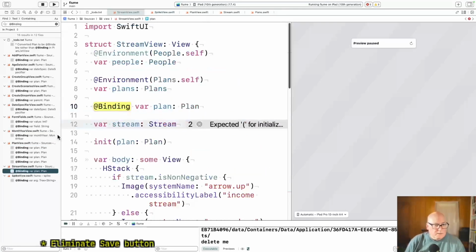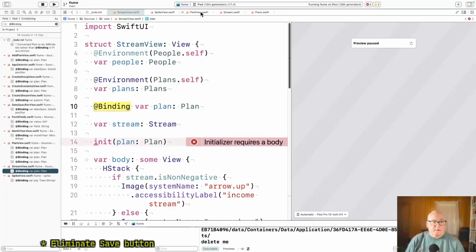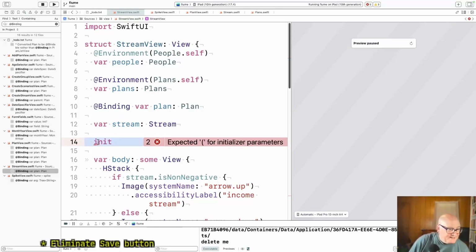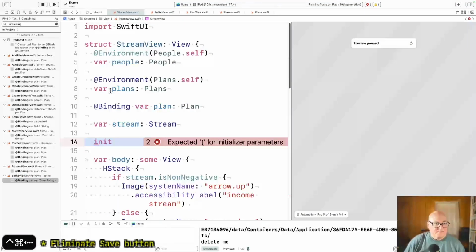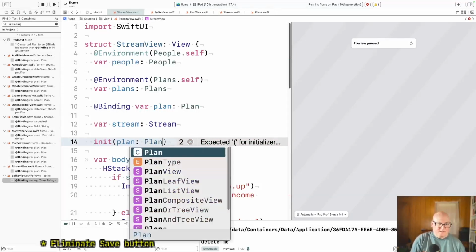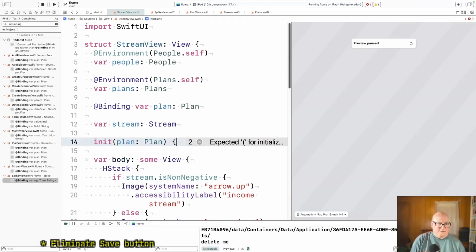Binding just takes the value. Okay. Oh, that was me. Okay, what else we got? I imagine it'll tell us if it doesn't like it.